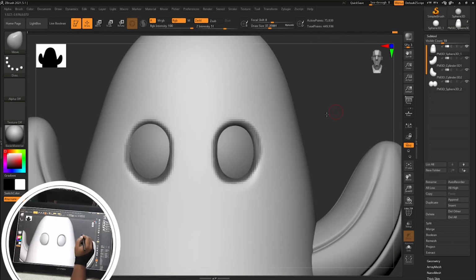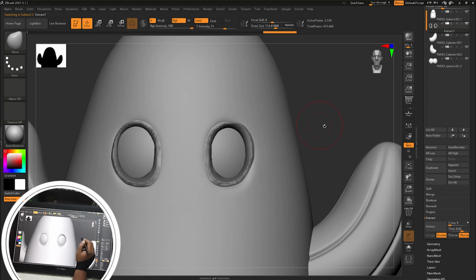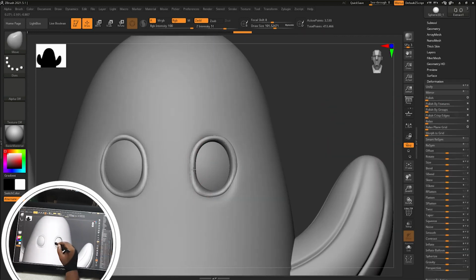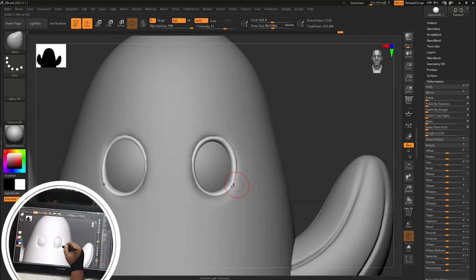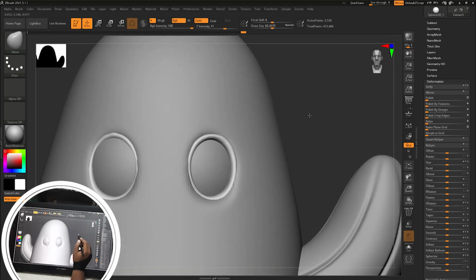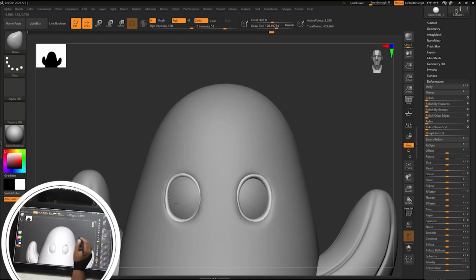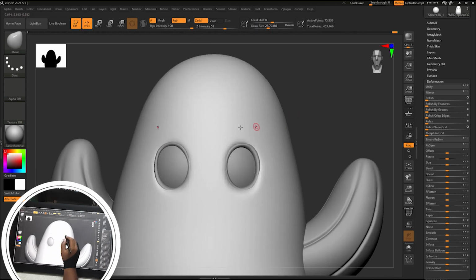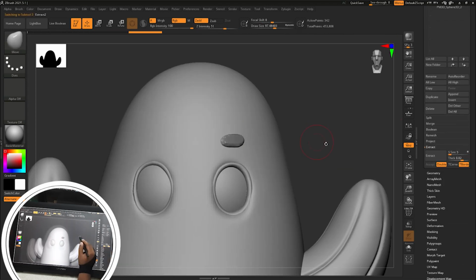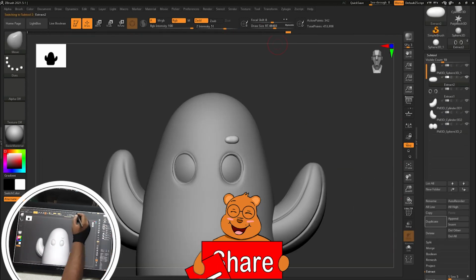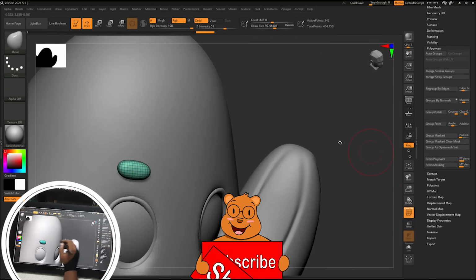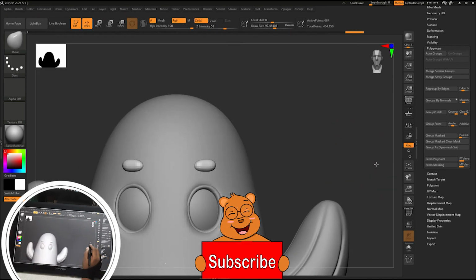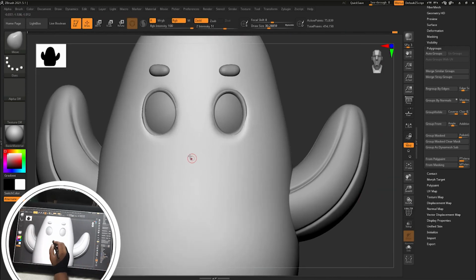Then I will create a mask at the edges and extract it for the eyebrows or eyelashes, and polished it using the Deformation tab and adjusted it using the move brush. Then same thing, created a mask, extracted according to the requirement, then duplicated it and adjusted it for the eyebrows.